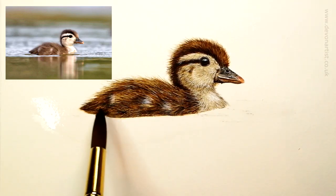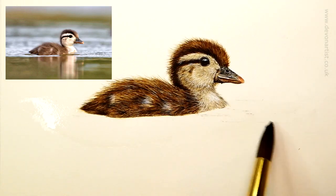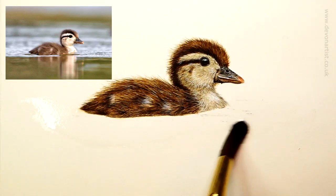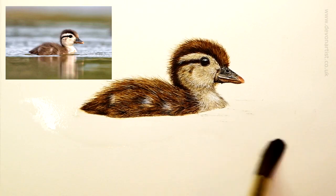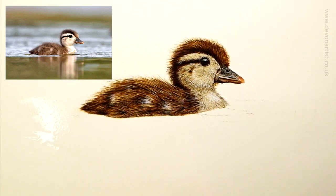So if I'm trying to think about that, it's going to be in line with that roughly, about there, something like that. Trying to touch the body of the wood duckling as well, so trying to avoid the feathers. So bring it down